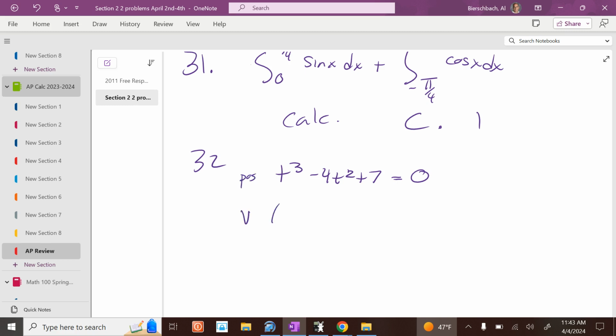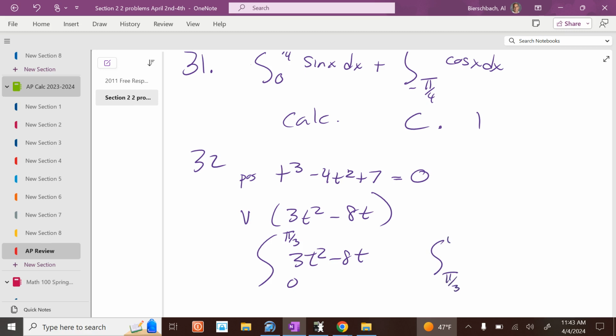So the velocity is 3t squared minus 8t. So if we integrate the velocity, we get the distance traveled. So 3t squared minus 8t from 0 to pi over 3, and then pi over 3 to 4